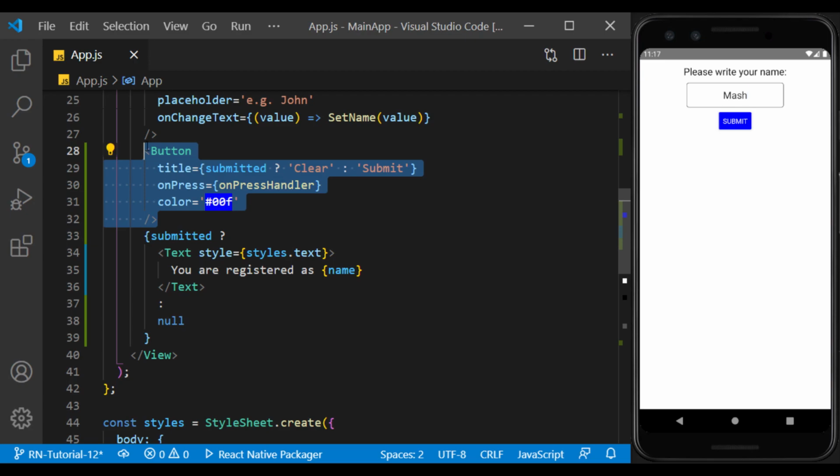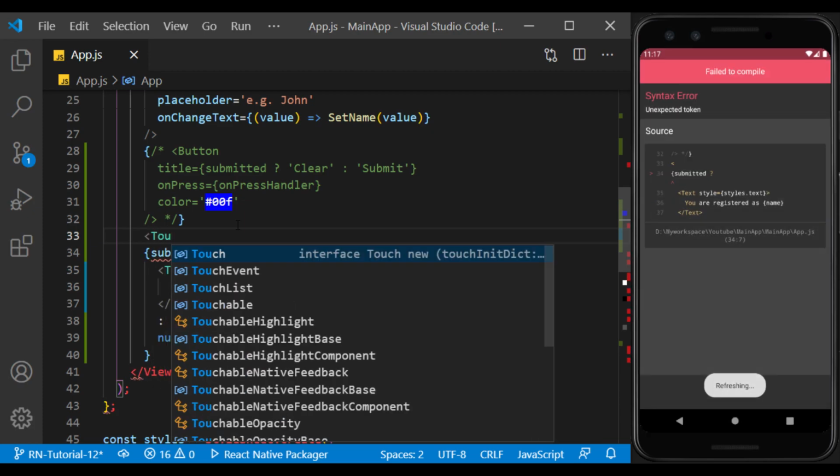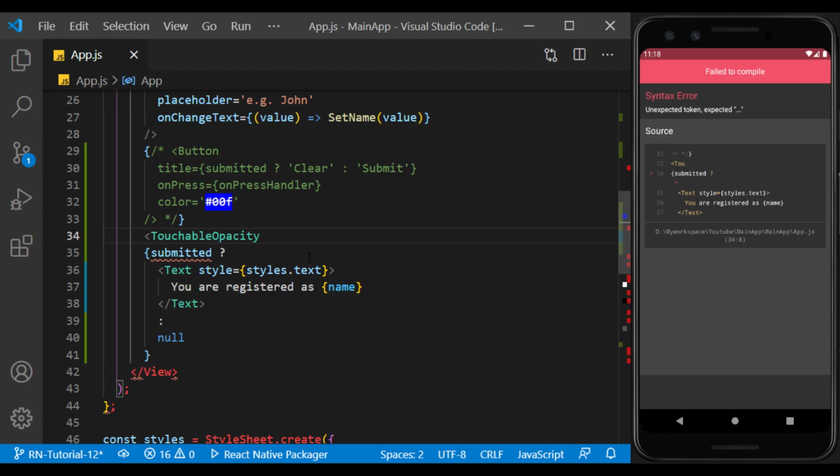Due to the small features of the button component, we can use alternative components such as touchables instead. Let's start with touchable opacity. These components are not buttons, but we can use them as buttons using a style.